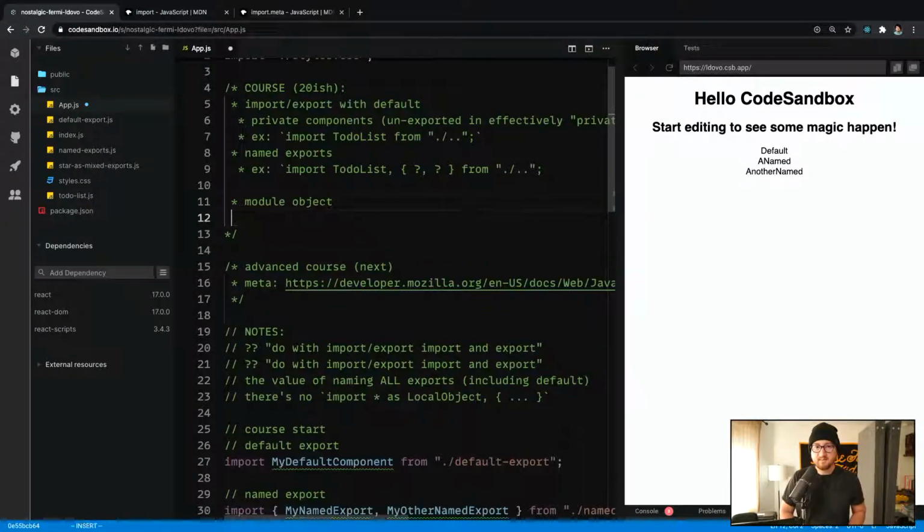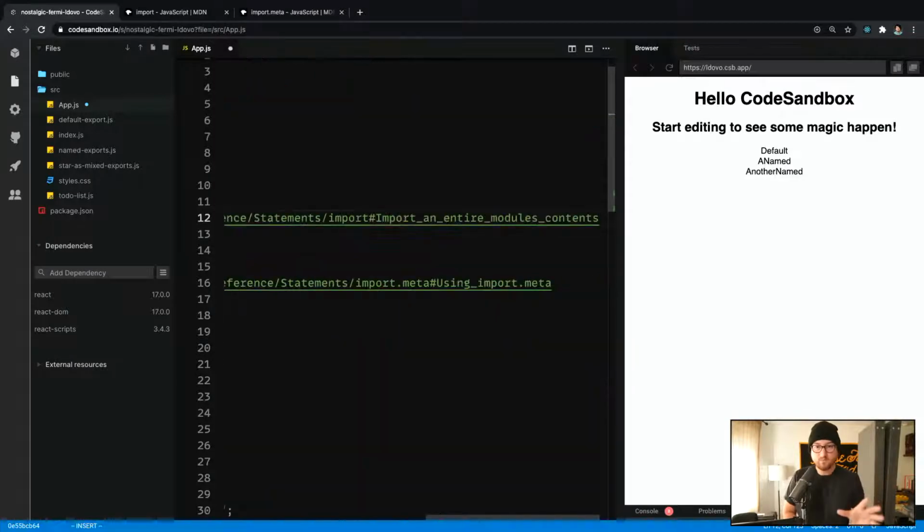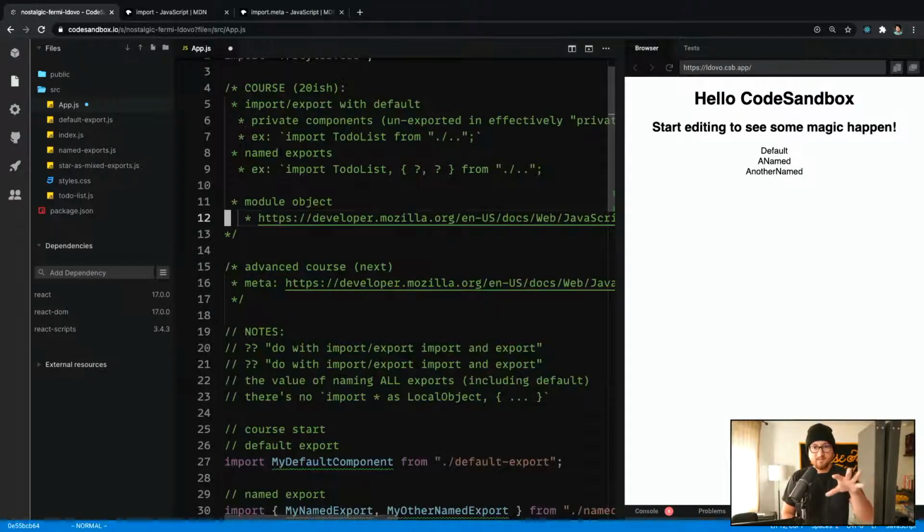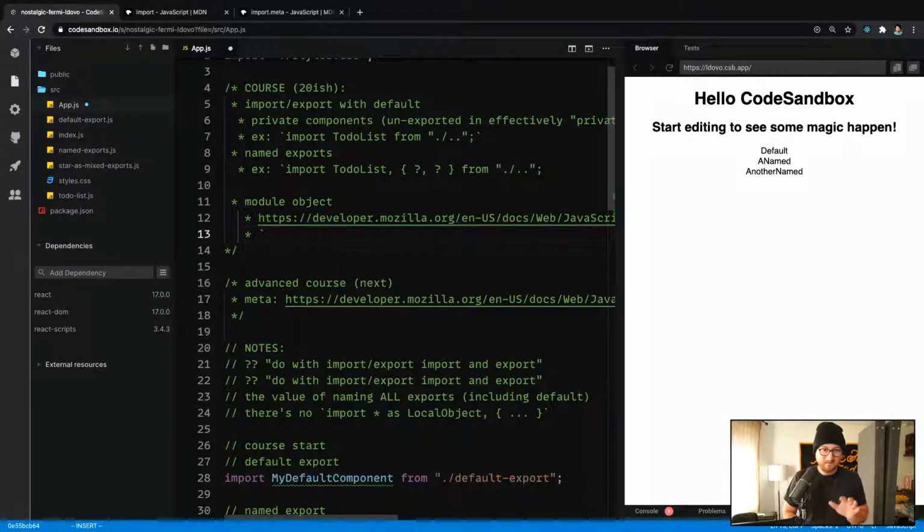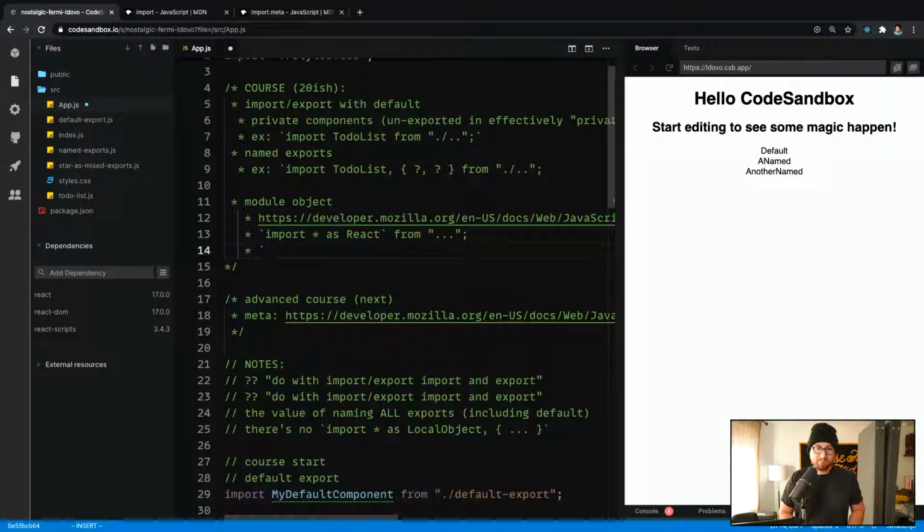So this is effectively where I want to end this set of lessons, because I think that this is a really nice way to work. And I think the primary goal that I want to get people towards is, you have something like this: import star as React from. So now that's like a module object, right? And then later on we can use react.useState,